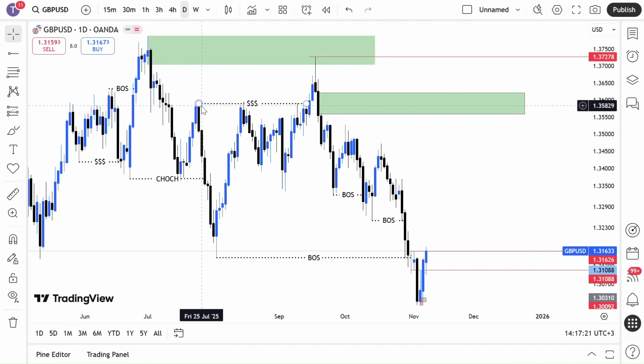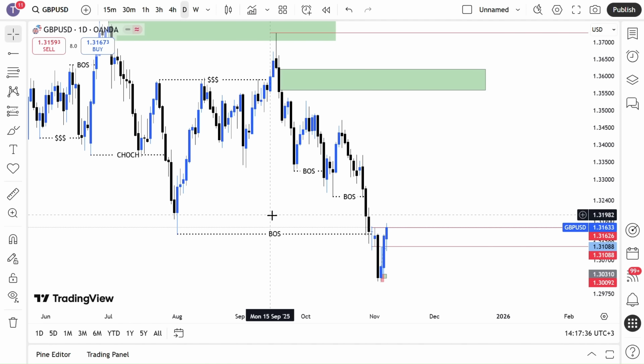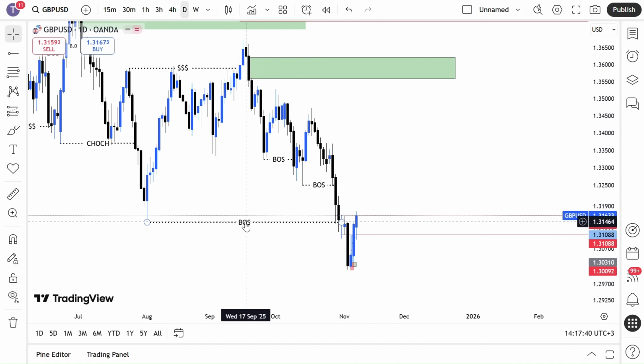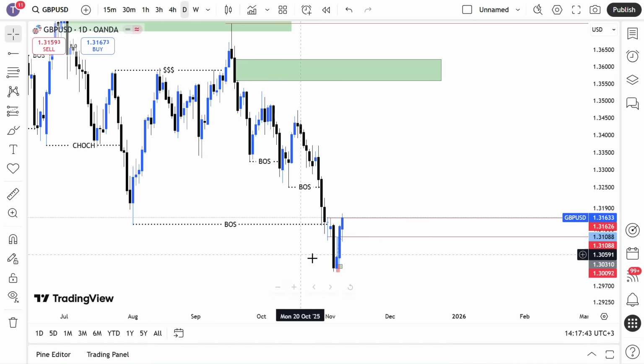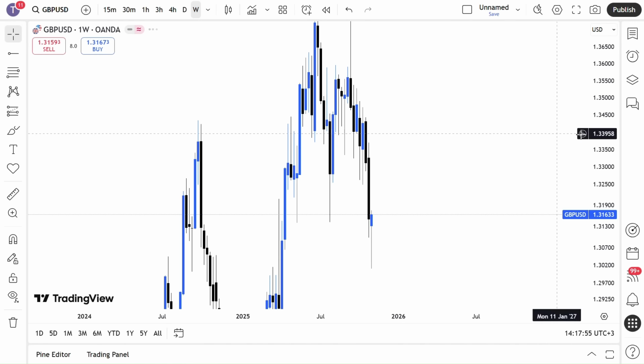So this is the internal structure here, and that is exactly what price did. Price came back to take out the internal structure before tapping into the point of interest, and then we had this movement to the downside to break a structure. So in this case, the price has already formed a break of structure to the downside, and now we must wait for a pullback to come in to take the internal structures as liquidity, and then we target a move to the downside. So from the weekly time frame, the weekly structure,